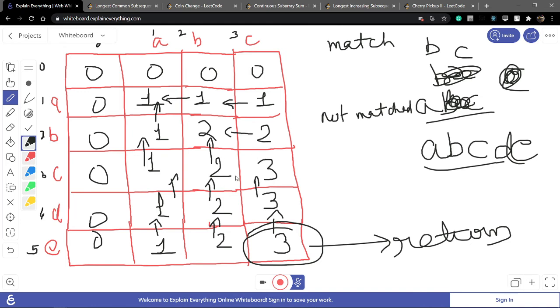Suppose there is no match, then it comes from the two. If there is a match, and if they do not match, they come from the left or top. They are not fixed; they come from the left, and they also come from the left or top.